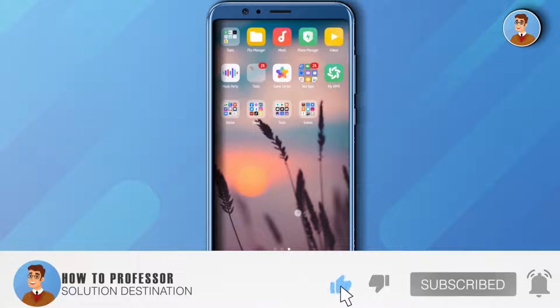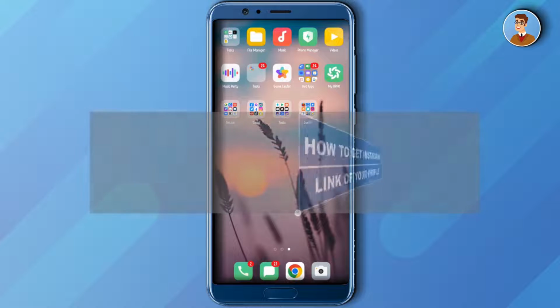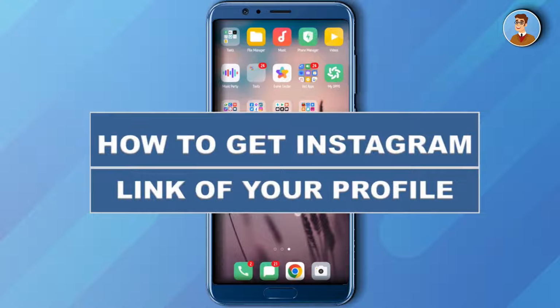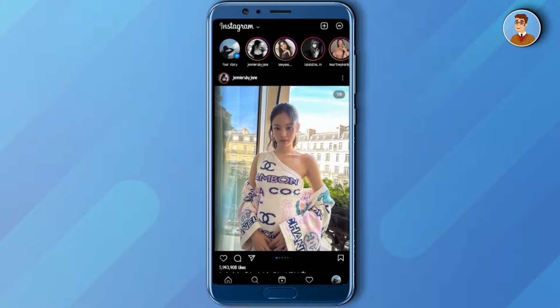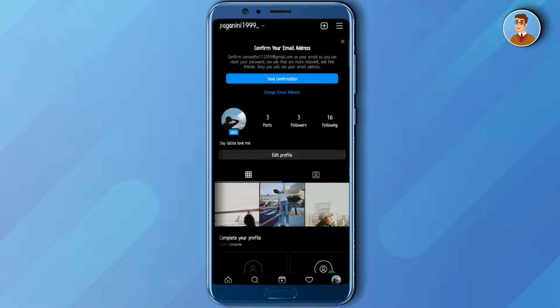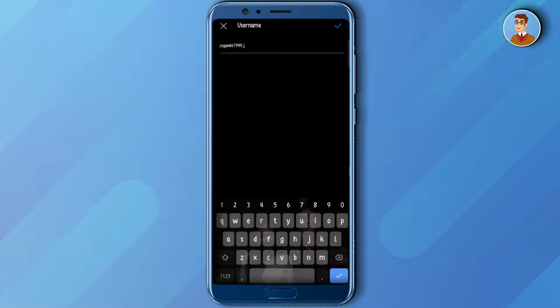For today's video, I'll show you how to copy your Instagram profile link. Well, the first thing that you need to do is to open your Instagram application, click your profile at the bottom, and then tap Edit Profile, and then copy your username,